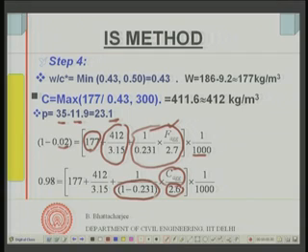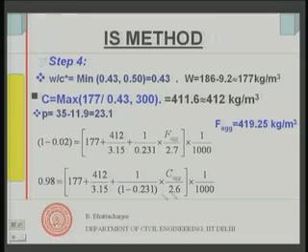1 minus that will give me the volume fraction of the coarse aggregate in the aggregate mix. We said this is the volumetric proportion of fine aggregate in total aggregate, and this therefore is the volumetric proportion of coarse aggregate in total aggregate. So, using these two equations, I can find out the quantity of fine and coarse aggregate I have, the quantity of fine aggregate as this and the quantity of coarse aggregate as this.